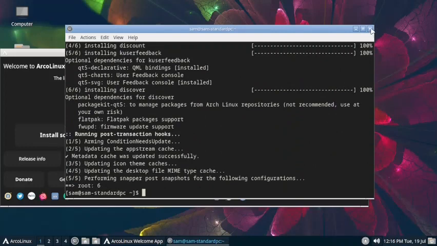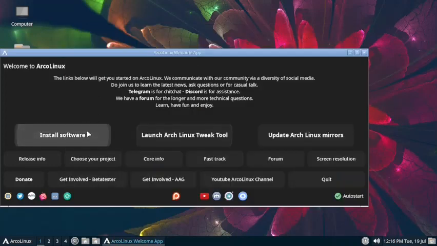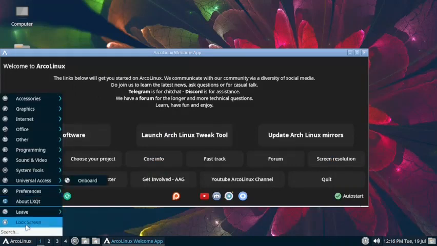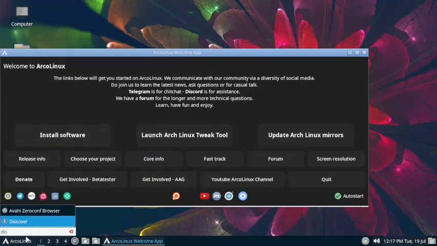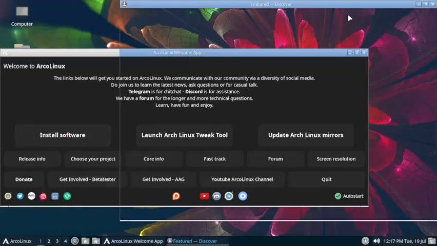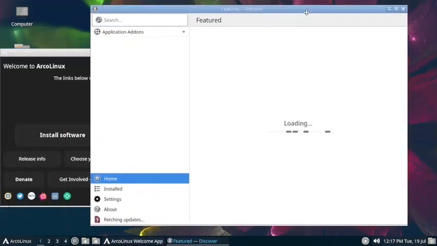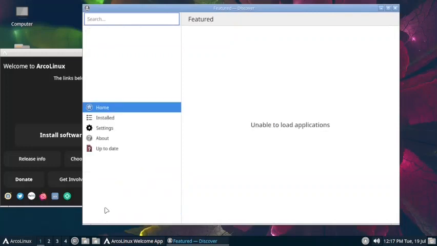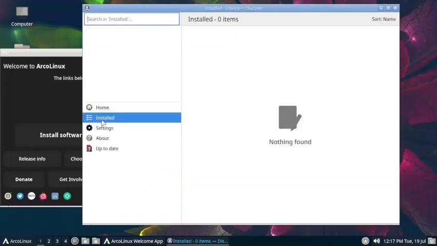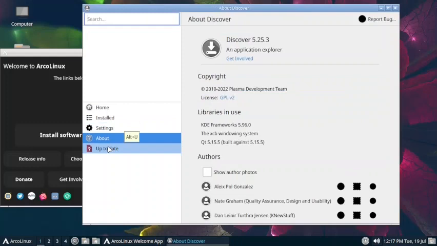Now I will just close this. Let us try to install the software. So it is not available. Let us check out the Discover store. So Discover is available here. Let us try to open it. Okay, it is telling unable to open the